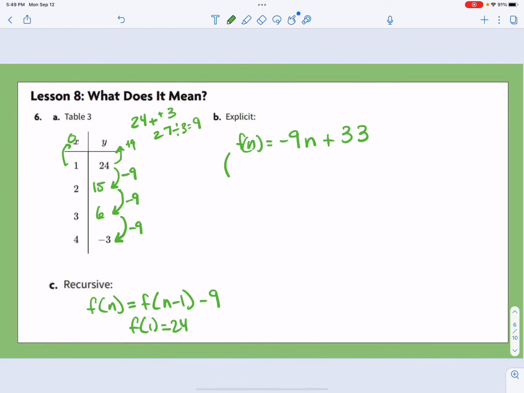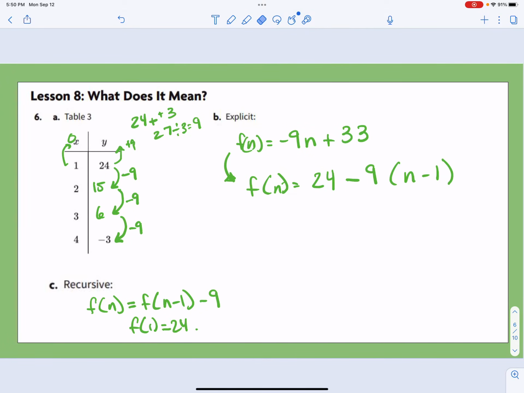Let's look at another way of writing this same explicit formula, okay? We can also say that the explicit is going to be, in our case here, the starting point, which would be 24, right? F of 1 is 24, minus our rate of change times n minus 1. Now let's see, if we were to multiply this out real quick and use the distributive